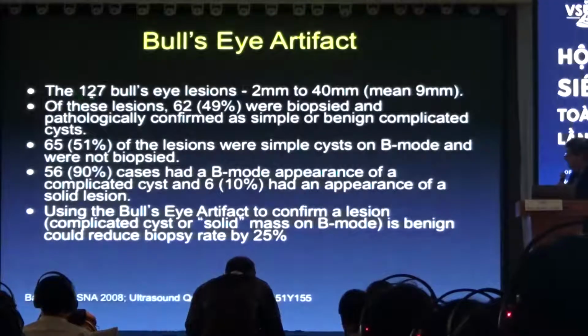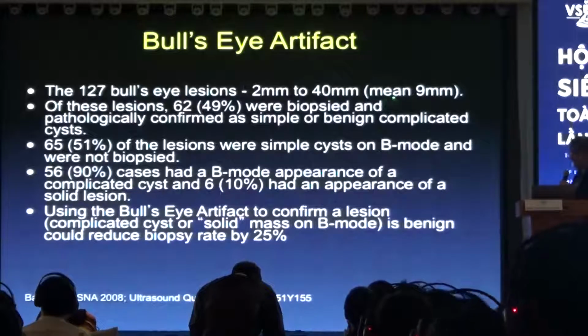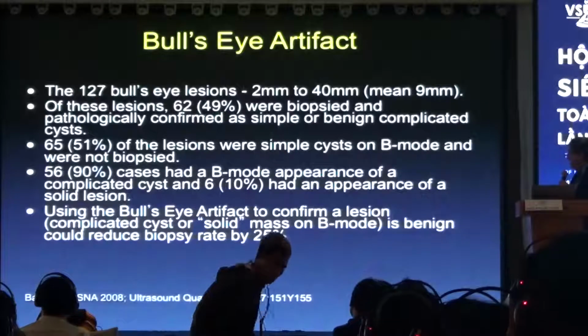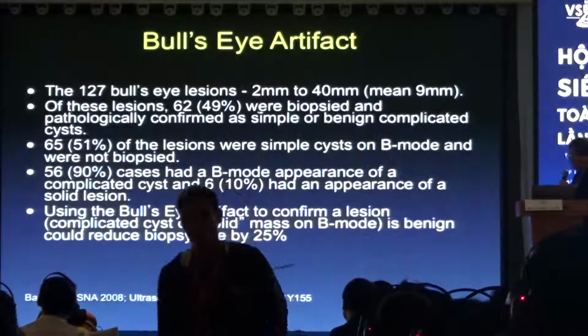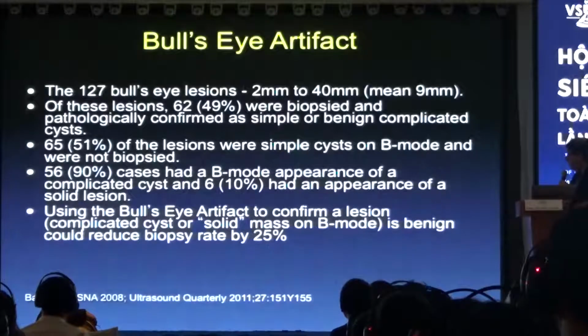And we looked at 127 of these consecutive lesions measuring from 2 millimeters to 4 centimeters, an average of about 1 centimeter. And of these, about half were biopsied and confirmed as simple or benign cysts. And the other half were simple cysts just based on B mode. There were no internal echoes and had through transmission and a very thin wall. And if we look,